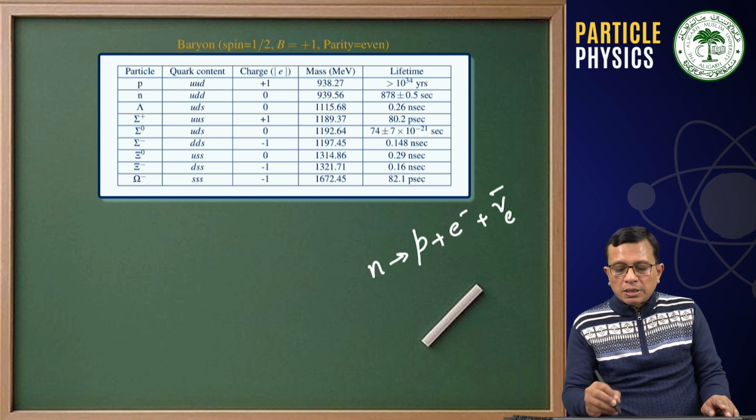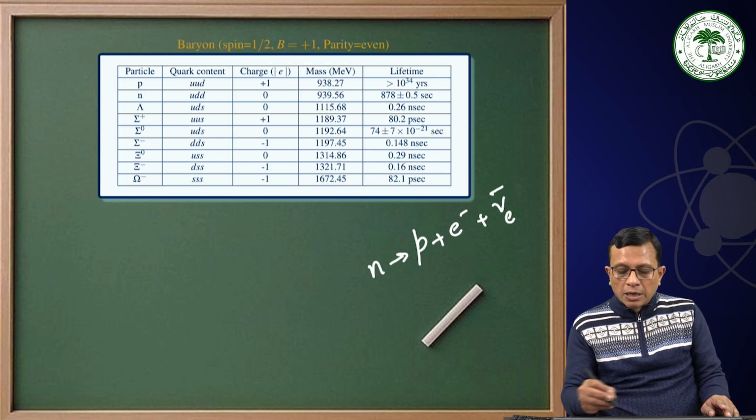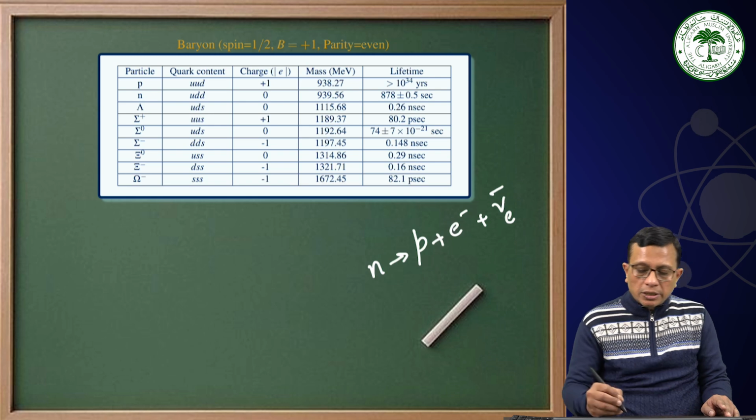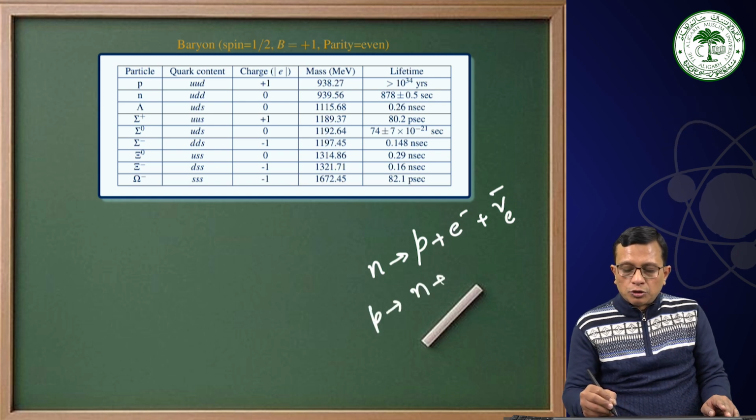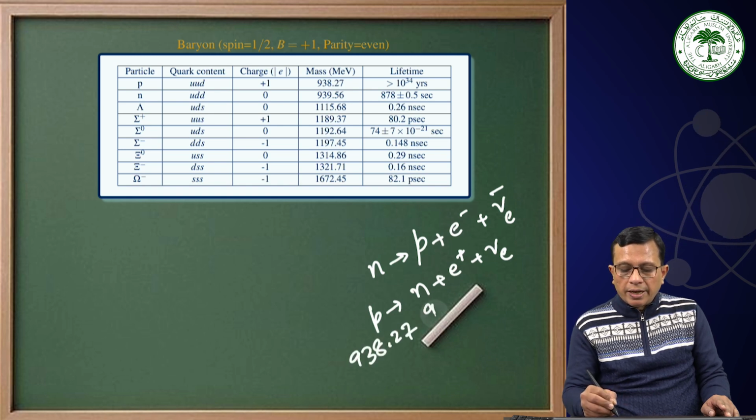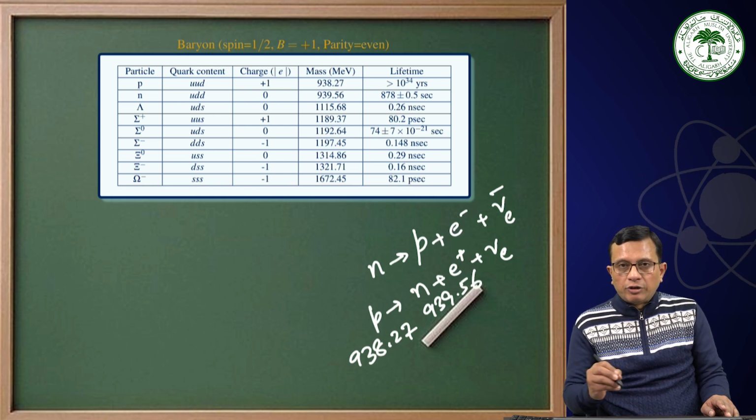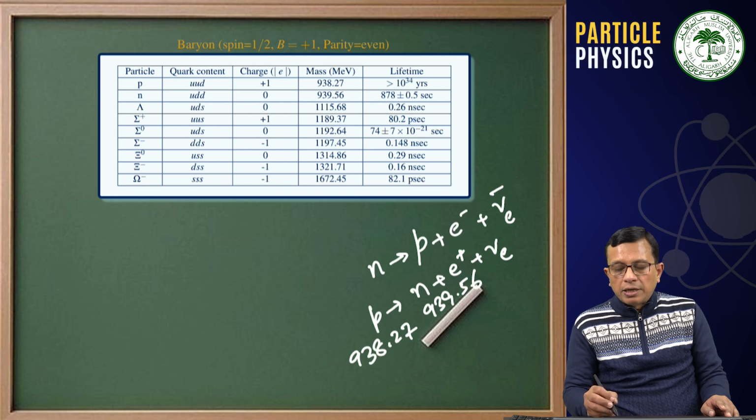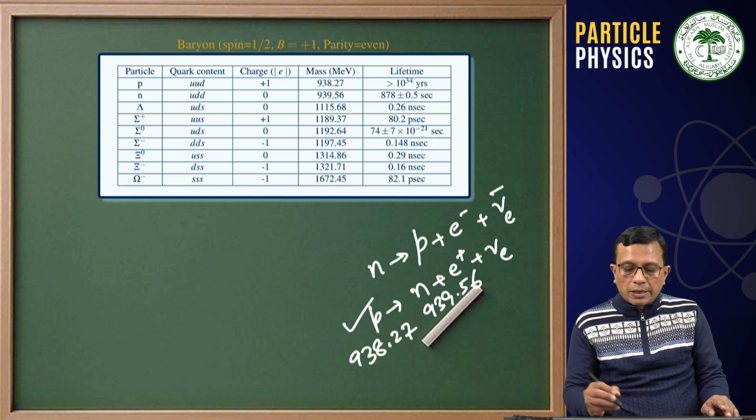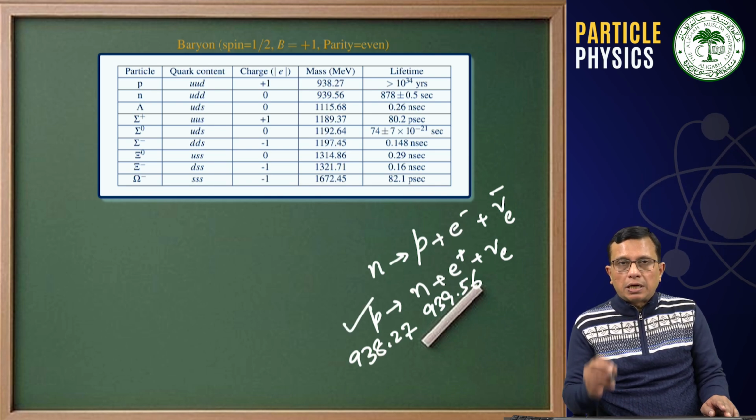And this process, this decay has been observed. But a free proton does not decay into neutron plus positron plus neutrino, because here the mass is 938.27 and here the mass is 939.56. Therefore, you are violating energy conservation if you are talking about a proton decaying into neutron plus positron plus a neutrino. While this process takes place inside a nucleus,